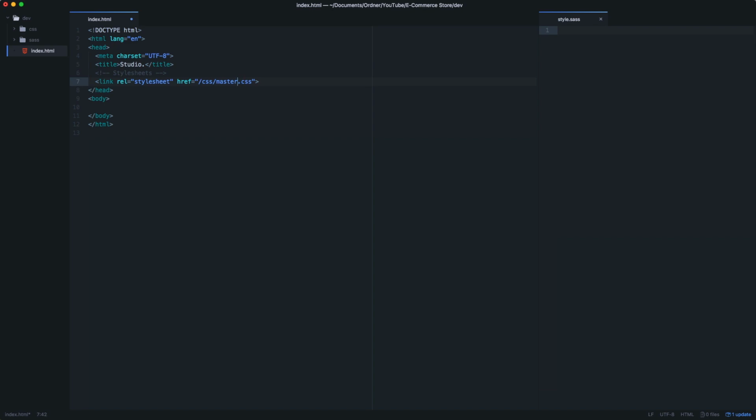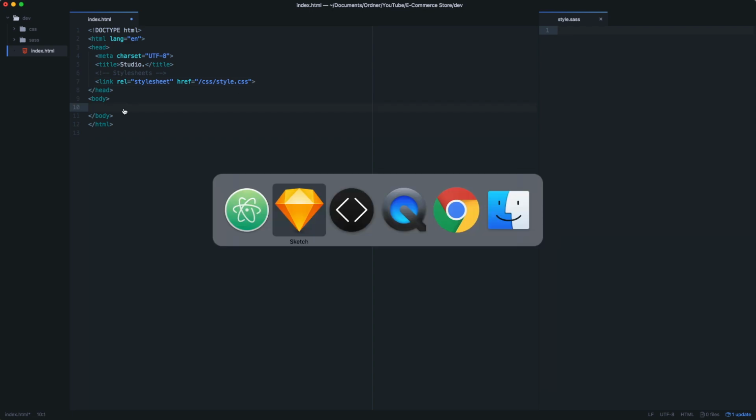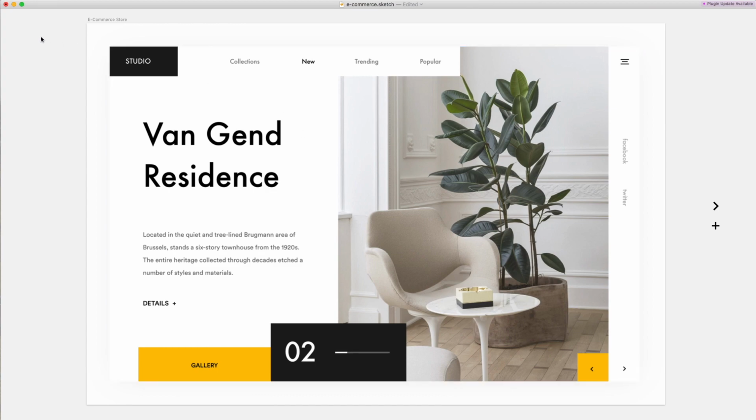It's called style.css, and okay, so we basically have